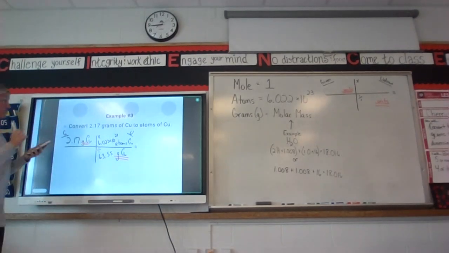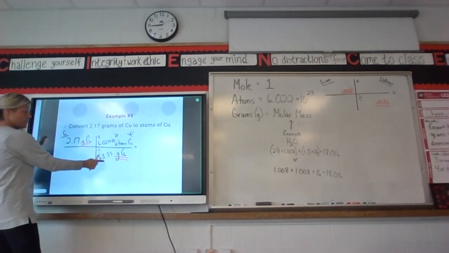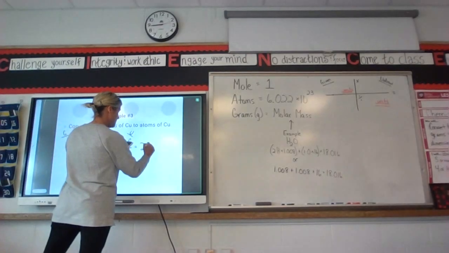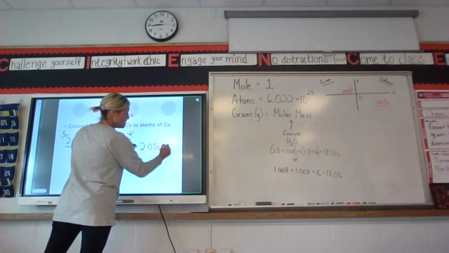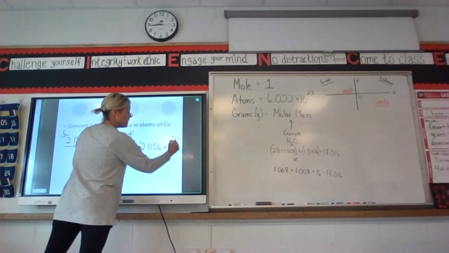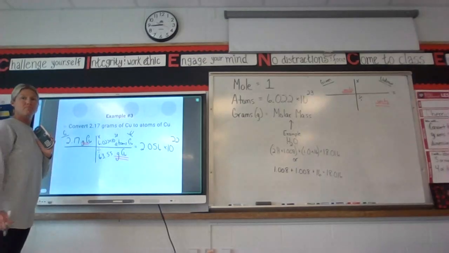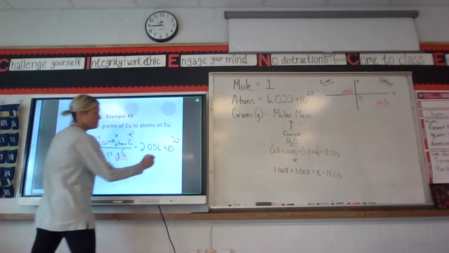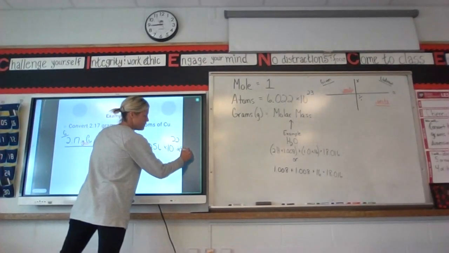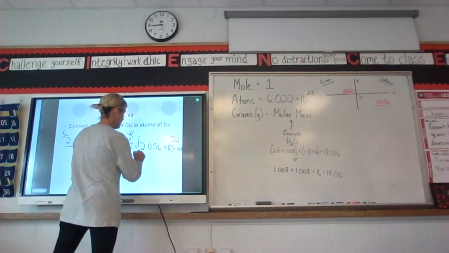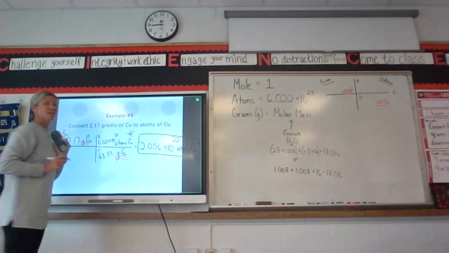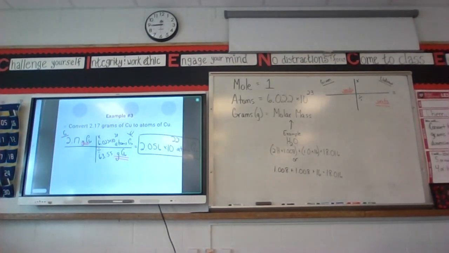Make sense? So then when it's this times this divided by this, it should give you this. Remember, I'm just going 3 places past the decimal point. And then what will my units be? Atoms of Cu. Good. You did it. Make sense? Okay, you're going to do